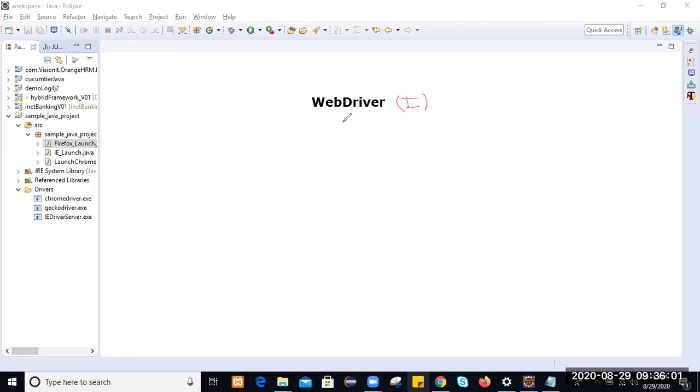So this WebDriver defines some predefined methods, and whatever implementation classes are there for this WebDriver will implement those methods.